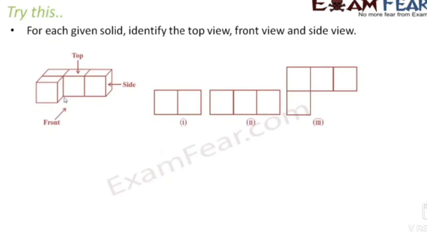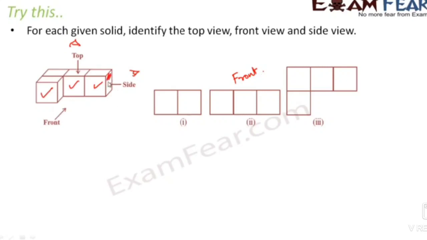We can see the top, front, and side views of it, how it looks from the side, from the top, and from the front. Okay, we have to match this. That means first, second, third, which is the top view. From this, where I marked, that is the front view. In the front view we can see only 3 squares. Yes, that is the front view.